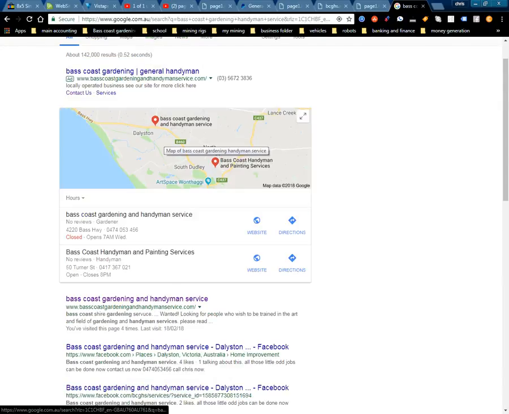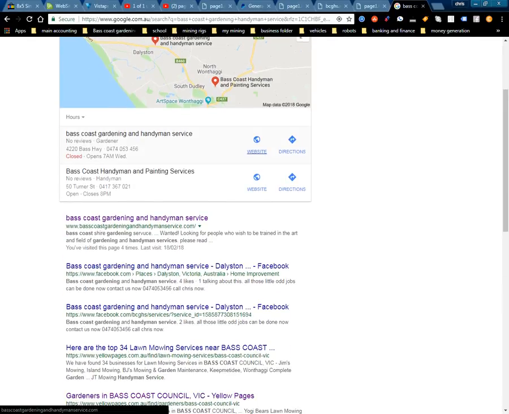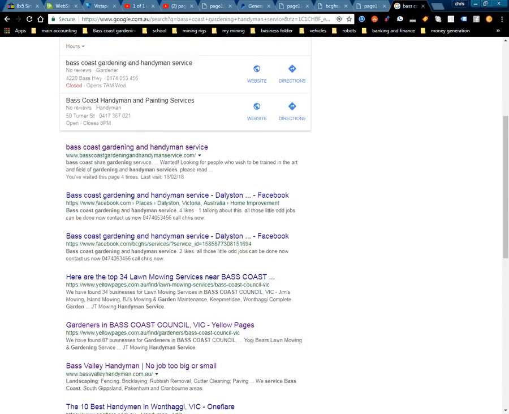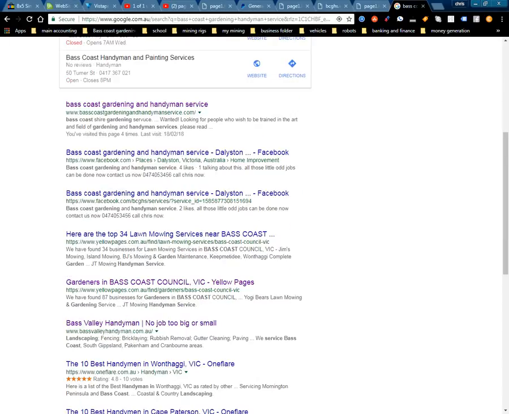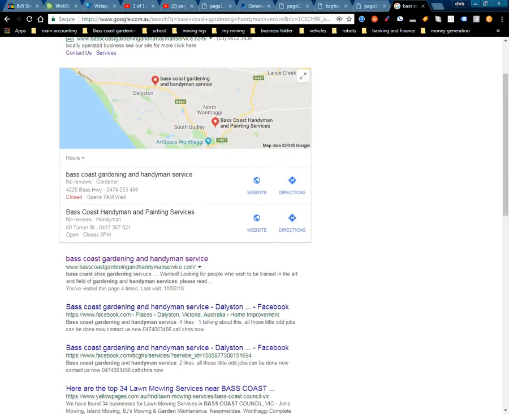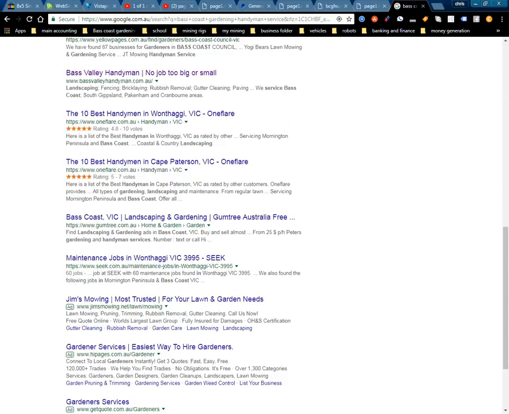So if you go to Google My Business and you set yourself up an account for your business, you'll need to verify your business to the address that your business is at, and then it'll display on the Google networks under maps like this, like it's displaying here. That's another little trick, and your AdWords, like I showed you, they come up